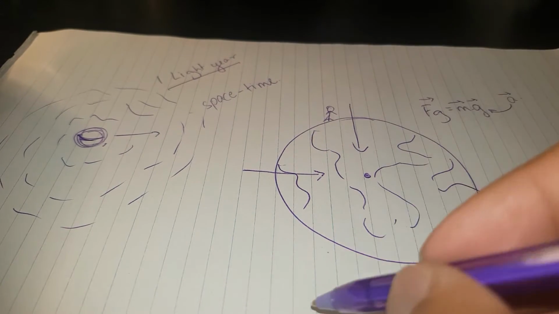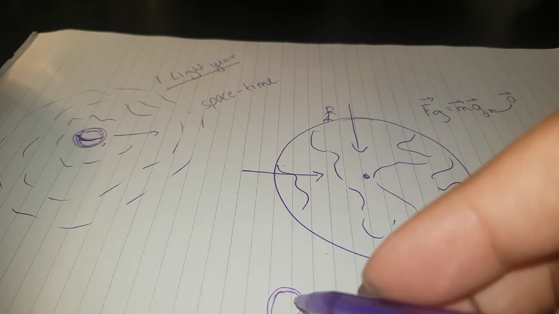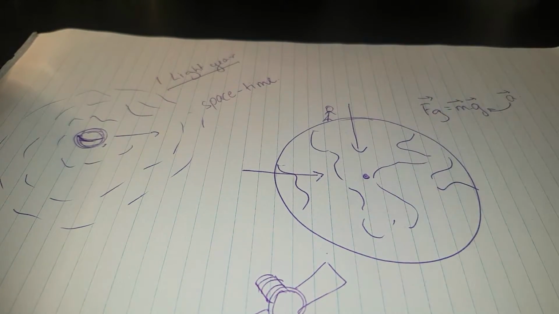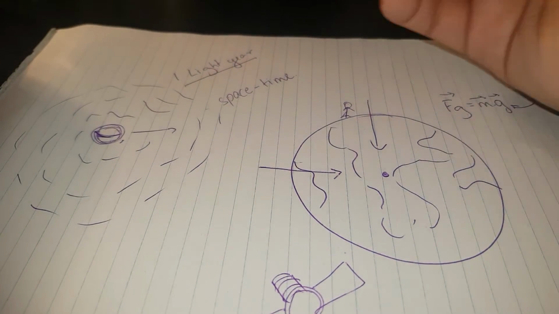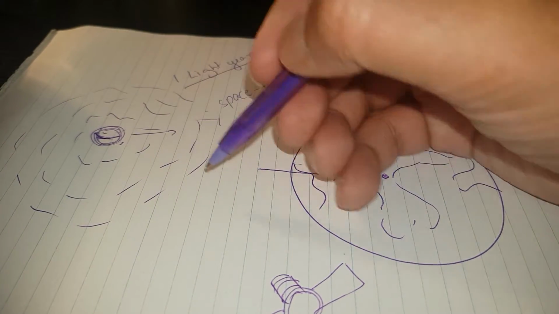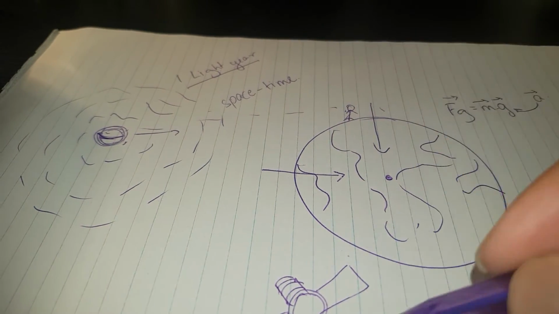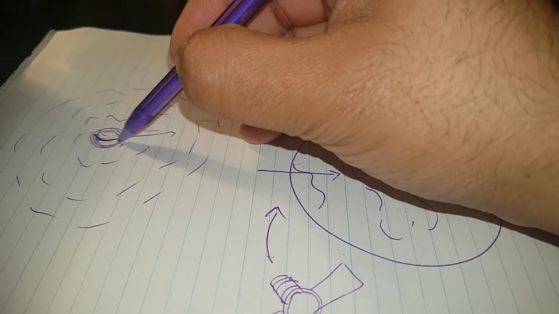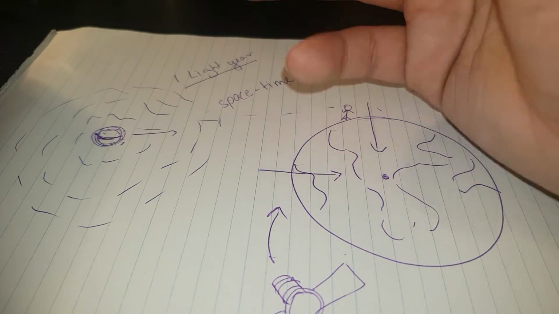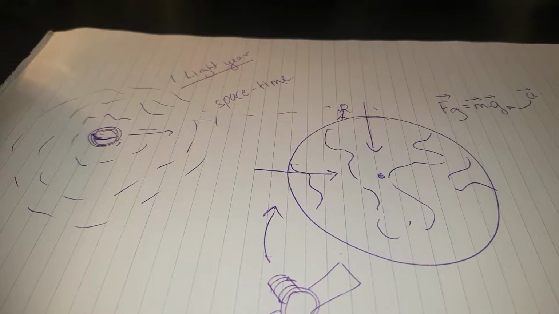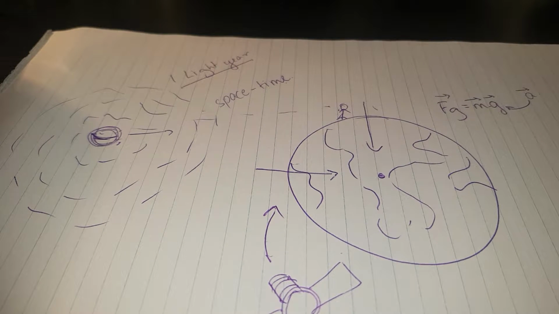And we have also another object, let's say a satellite, and we have people sitting in there trying to view stuff, right? If this observer experiences this in 1 light year, the satellite, even when it's moving, let's say it's moving this way, would experience the same thing as 1 light year. That was his special relativity theory. It was proven in 1916.